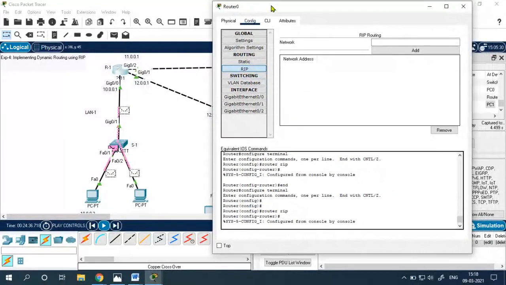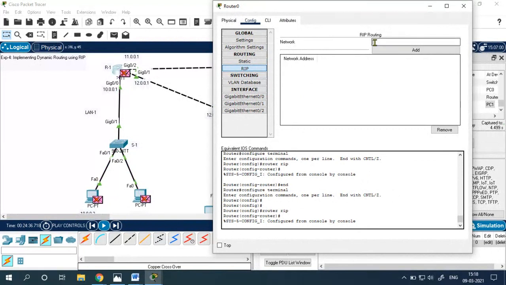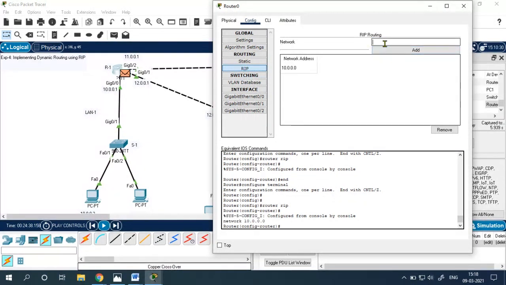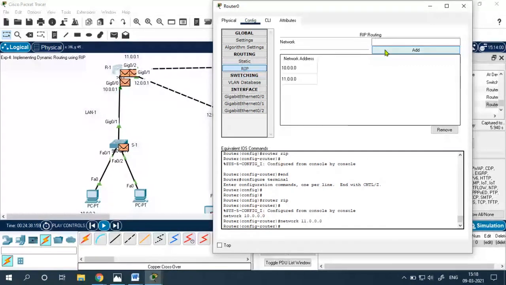So router 1 is directly connected to network 10, then it is connected to 11. See here, in dynamic, I'm not giving the next hop. So it is directly connected to net 10, net 11, net 12. The router will find its path automatically.